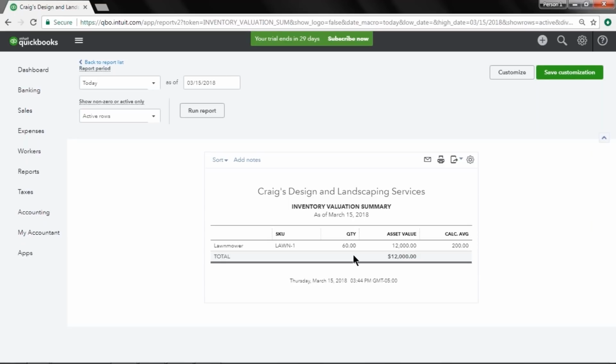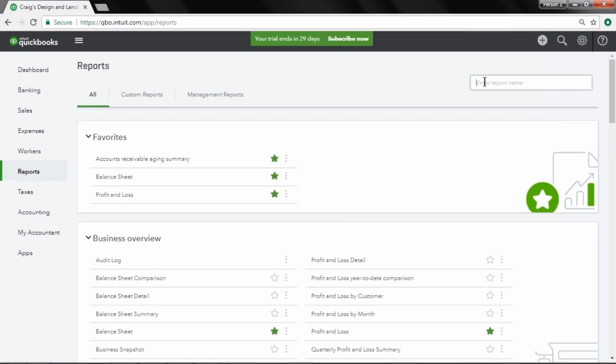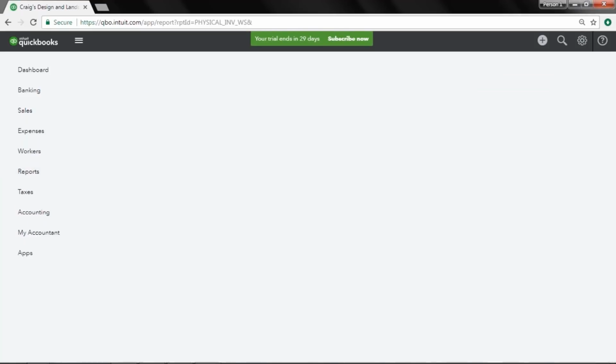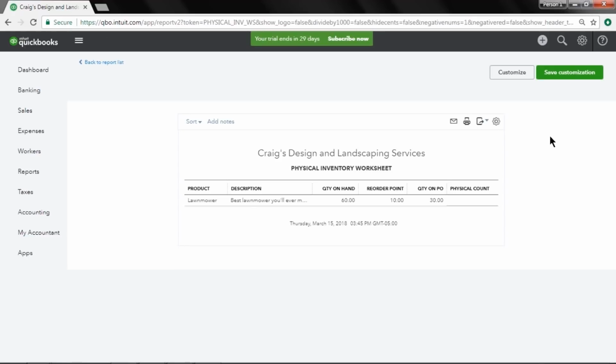valuation of inventory. There's one last inventory report that I want to look at here, and that is the physical inventory worksheet. Now this is a report that you can print out of QuickBooks and put into a clipboard, and you can use it to guide you in assessing how many you have of inventory versus how many are in QuickBooks. And that allows you to see whether or not you need to increase or decrease the amount that you have in QuickBooks to keep it up to date with how much of the inventory you